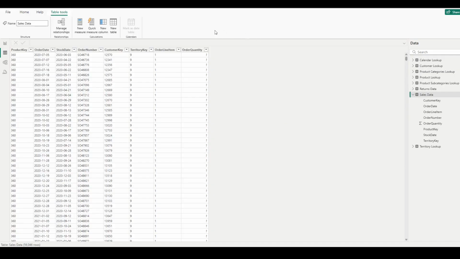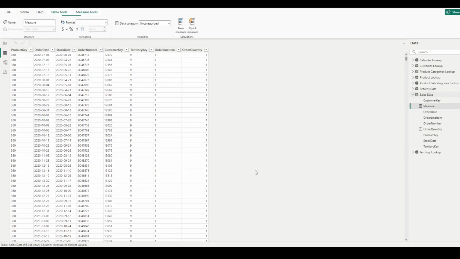So how do you add a measure? Again, it's the same thing. If you select the table, you will see a new measure option here. If you right click here, you will see a new measure option here. So let's click on new measure. Let's call this new measure, again, the total order quantity,